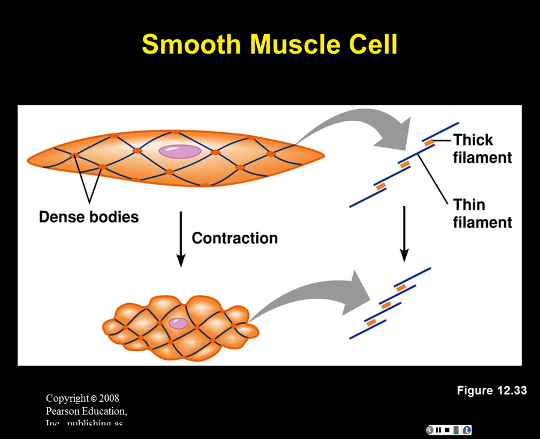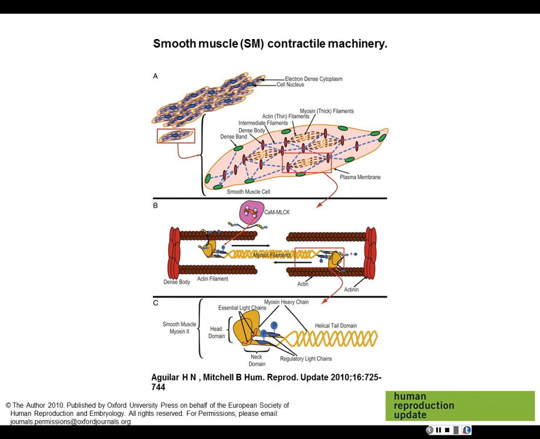Figure 12.33 in your textbook illustrates the same thing, but it does a little bit better job illustrating how the thin and thick filaments are arranged much differently in the smooth muscle versus the skeletal muscle. I'd like to back this up with what I was talking about with a fairly recent article, 2010, looking at a smooth muscle. So we can see what's described as a sheet of smooth muscle cells all grouped together. And if we zoom in at a given muscle cell, we can see the dense bodies